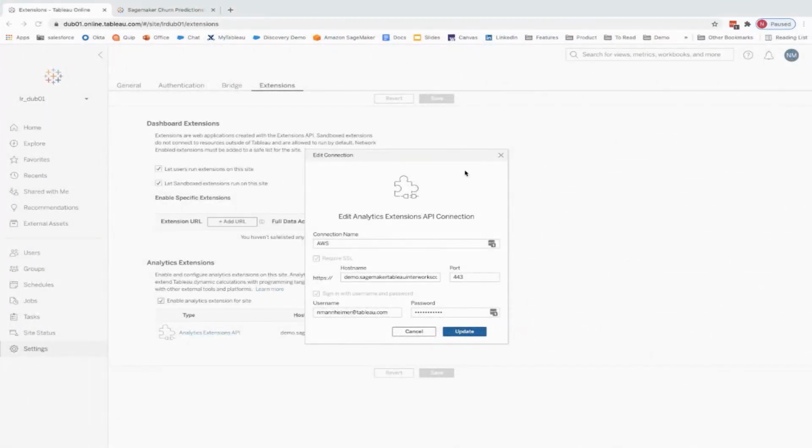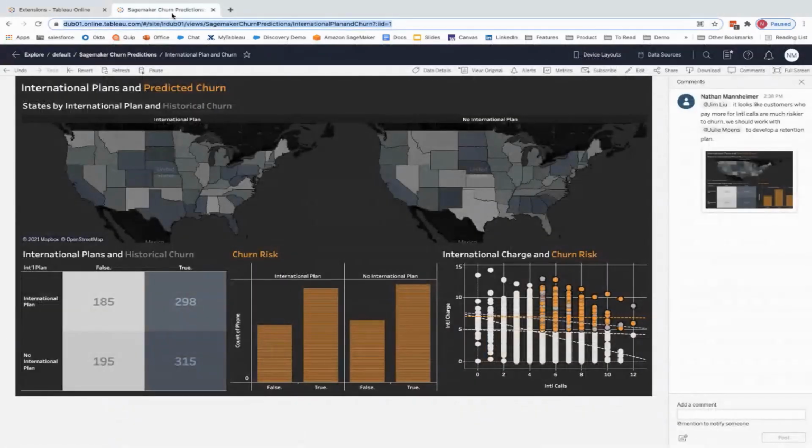And so here, we're in Tableau Online. And as a site administrator in Online, I've gone to the settings section of my site, and I've gone to extensions, and then configured the SageMaker extension via the Analytics Extensions API connection. So we're in good shape here. The connection is set up on my online site. So then I could publish that dashboard up and consume it directly through the browser and share it out to wherever people are consuming it, whether it's another browser or on mobile, and start to interact with it and share